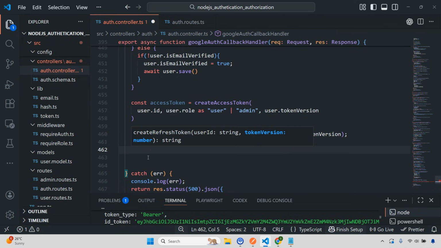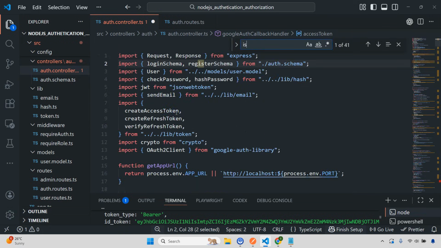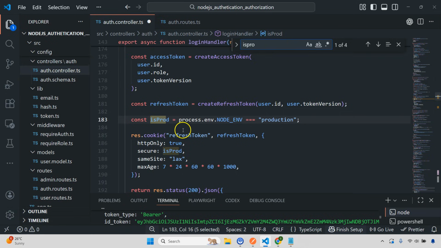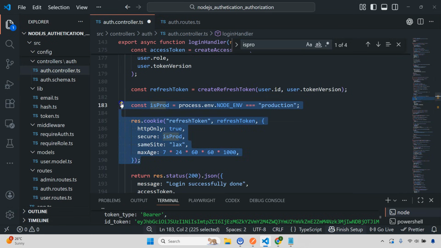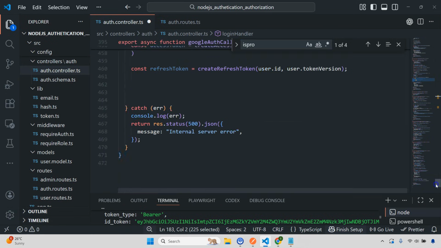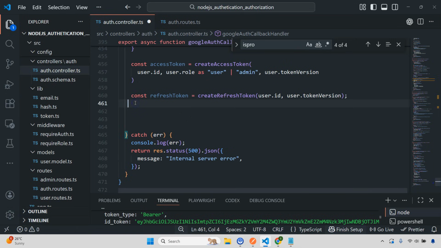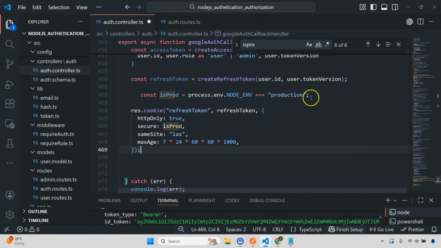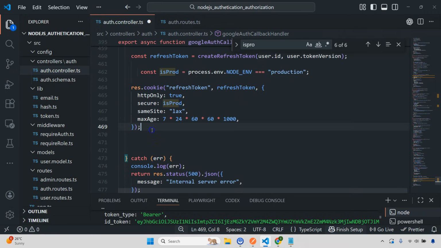So now once again the same thing, right? I'm going to search here, I'll do use prod, and then you're going to do the same thing here. I'll copy this, and after this I'll just paste it. So first we're going to check if it is prod environment. So we're going to save the refresh token HttpOnly true, same site lax, and this will be max age, and